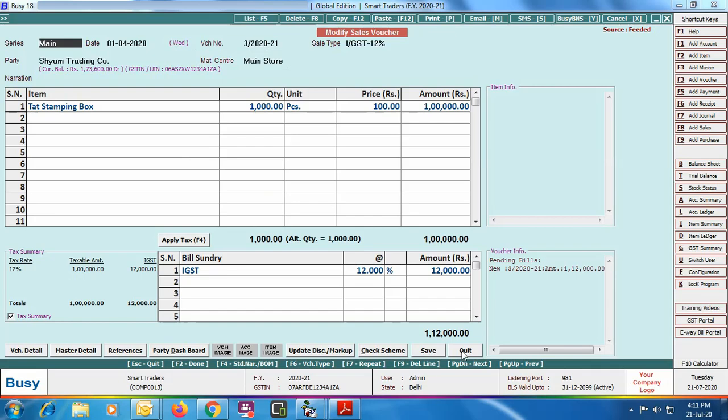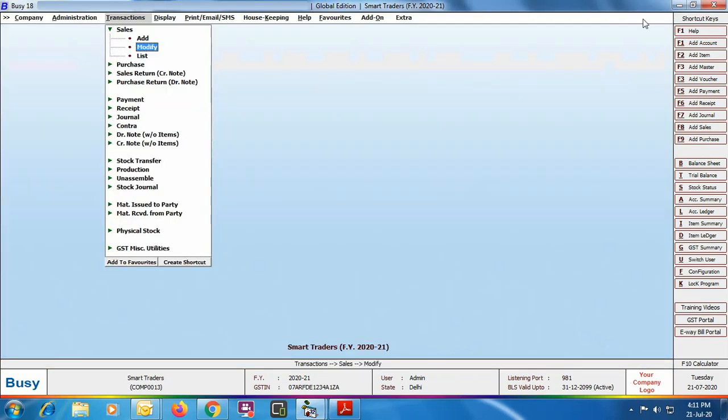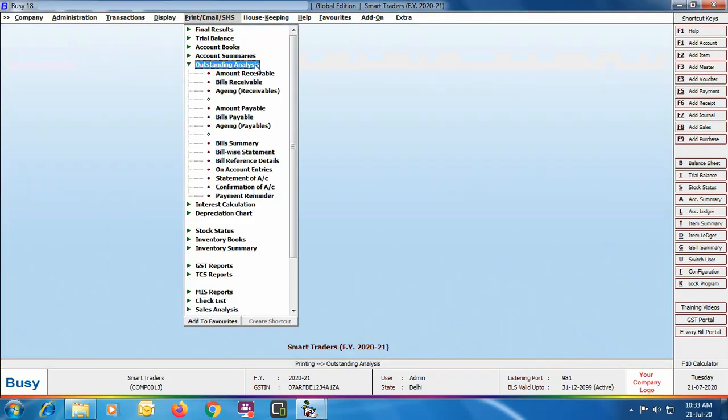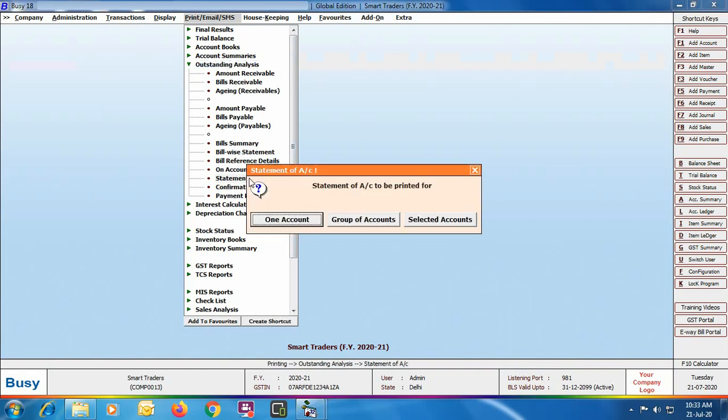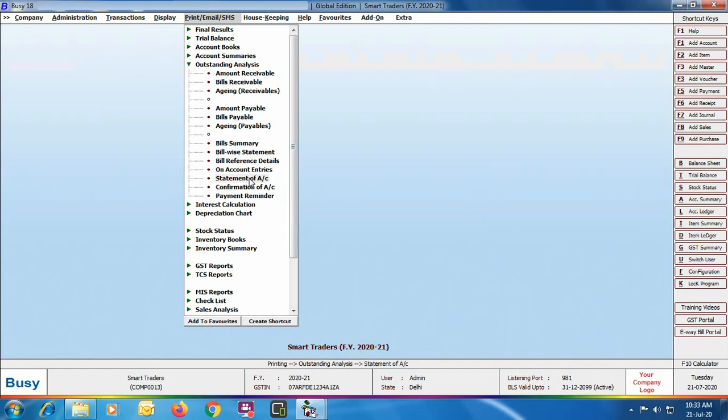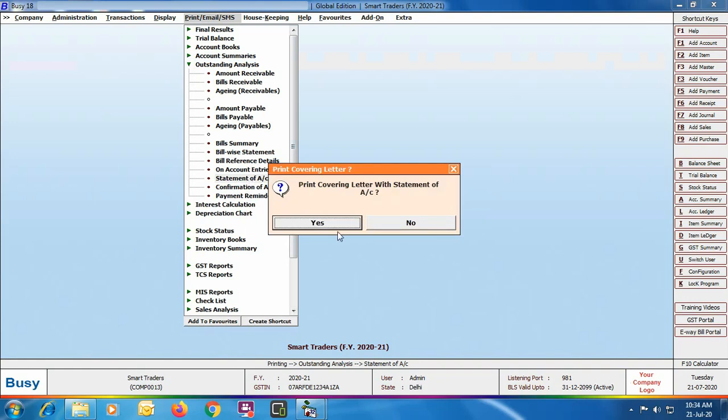The option of digital signature is also provided for certain reports, such as statement of account, confirmation of account, and payment reminders. We are opening statement of account under outstanding analysis. Here we are opening it in the standard format for one account. We are printing the covering letter for this also by clicking the yes button in the message box. We are viewing this report for